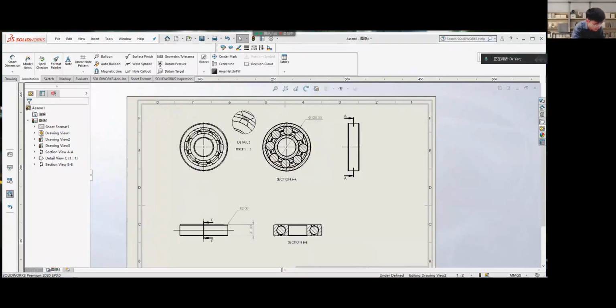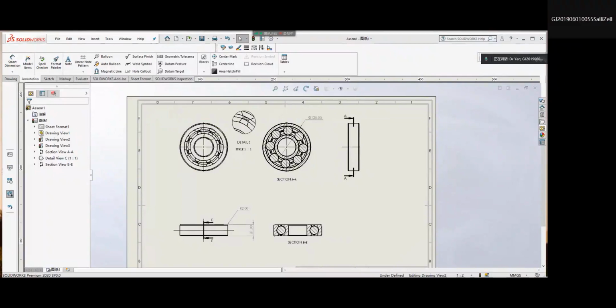Today's homework is to make a drawing of the work. Work including the parts or assembly work you have done. And make sure and notice, make sure